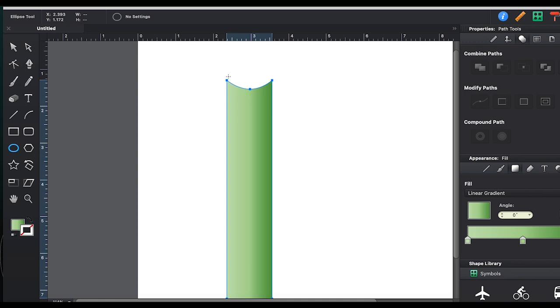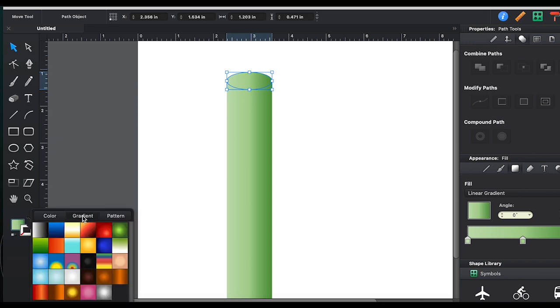Now I'm going to add a circle at the end of that cylinder so it looks like a tube. It's very much like a bamboo. So this is going to give me that look like there's a hollow end at that end of that cylinder. And what I do is I change the gradient to a different angle. So I do that, click on the gradient, and then I change